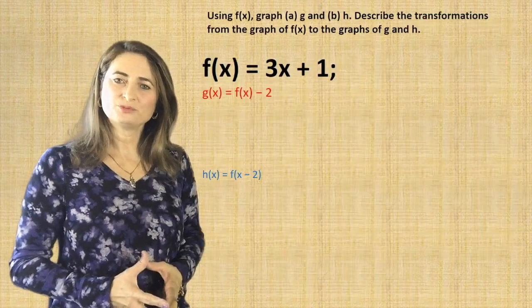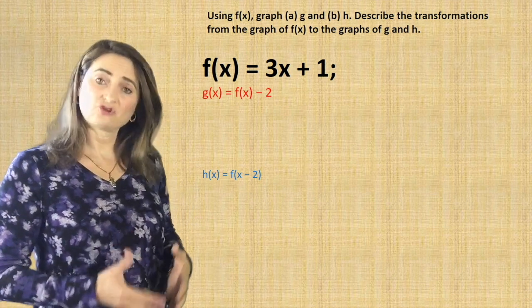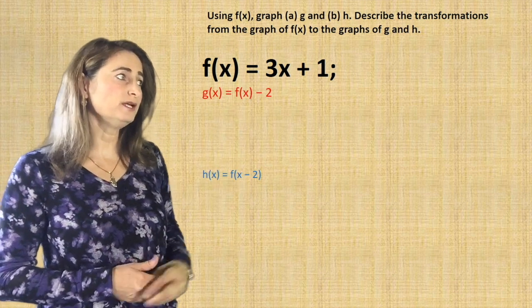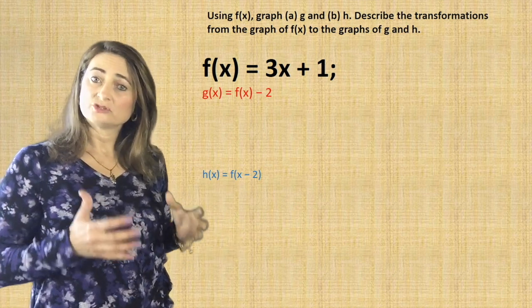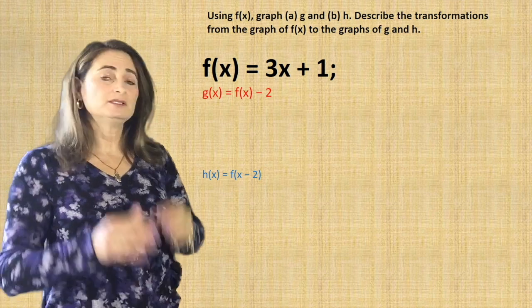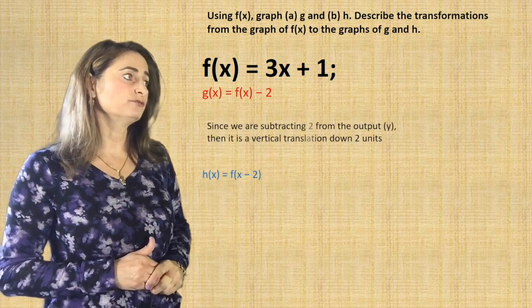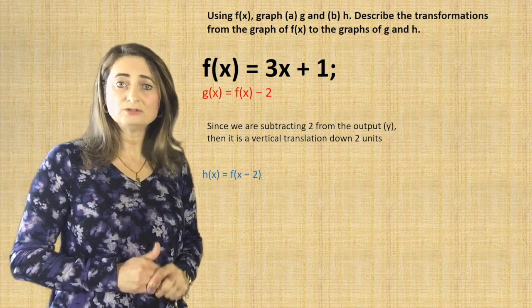Now let's take this to practice and see if we can describe the transformation and graph it. Here's the equation f of x equals 3x plus 1. The transformations are g of x and h of x. Watch or notice the difference. F of x minus 2, that means f of x is the output. Since we are subtracting 2 from the output, y, then it is a vertical translation down 2 units